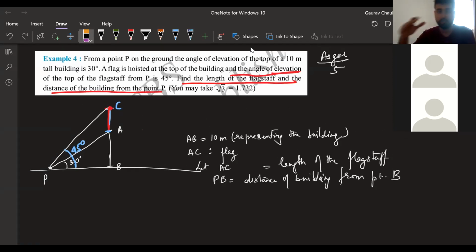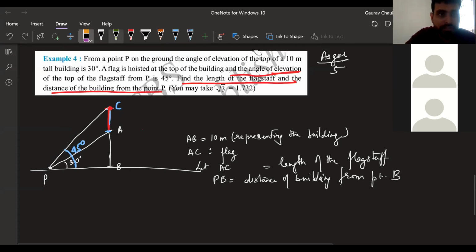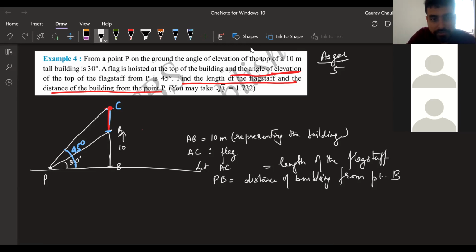Now from all that we have, there's one more thing given which I did not mark. Sorry, this is 10 meter. It's best to mark in the diagram so that just by looking at the diagram, everything becomes clear. We wrote it here, but AB is 10 meter. So this is 10 meter. Now, anyone has any thoughts of how to proceed about this? We'll give everyone a minute to think and then proceed.